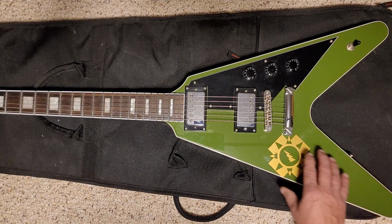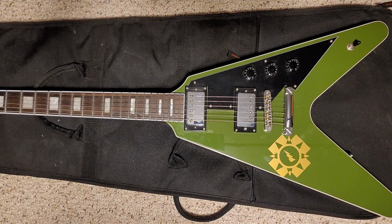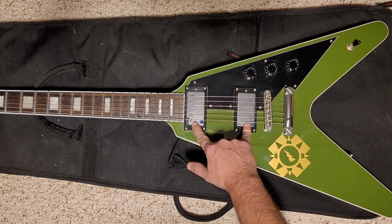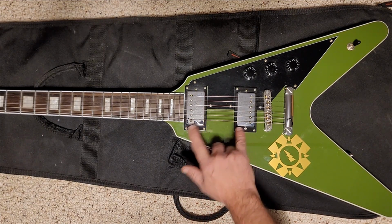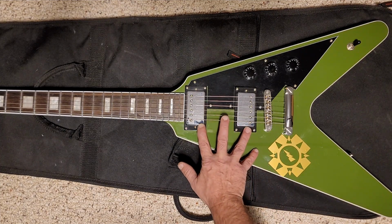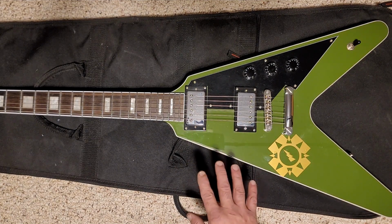The Firefly did come with full-size pots, and they seem to work really well, so I have left them alone so far. As far as the pickups go, these are Fleor pickups from Amazon. I'm big on Amazon parts. I just discovered Prime a couple of years ago, and I have got a problem. I order guitar parts by the truckload. And Fleor, I've been putting these in just about all of my guitars. They're inexpensive